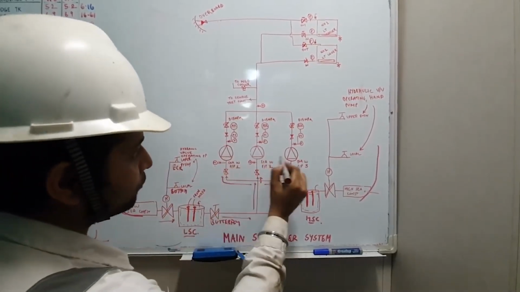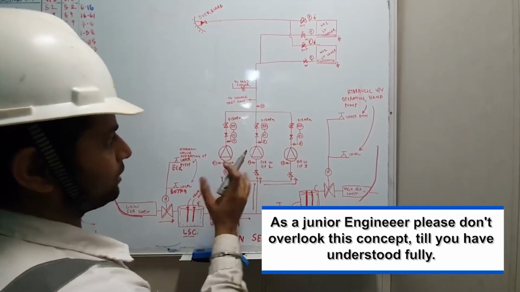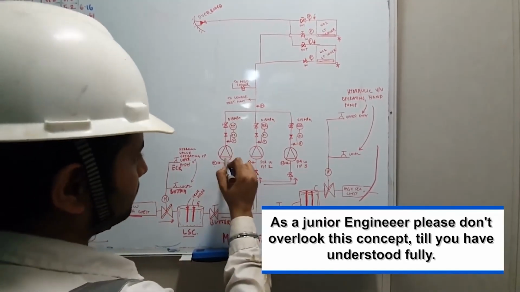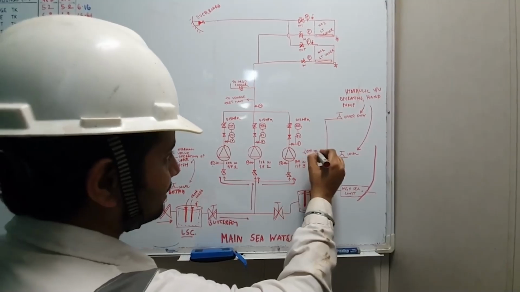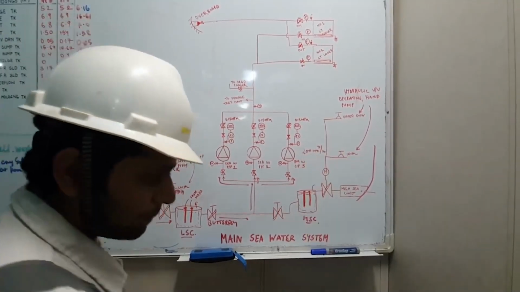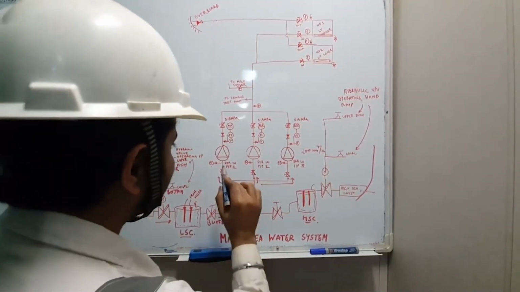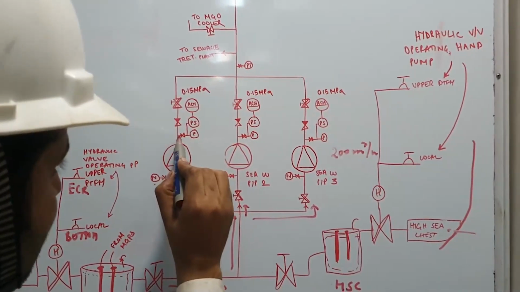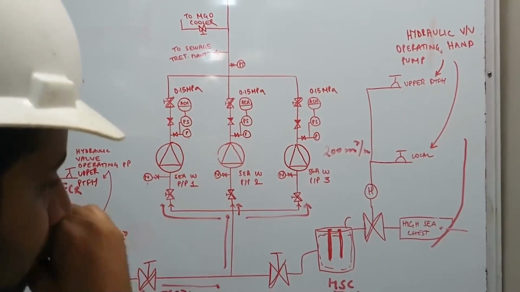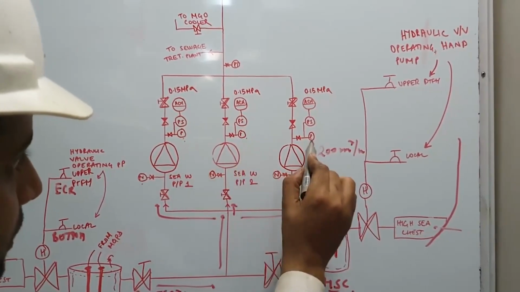Okay? So we have come over here. Now all these centrifugal pumps are running. These are the three main seawater pumps, each of 200 meter cube per hour capacity. And since it's pumping seawater, it's a centrifugal pump over here. Now see guys, over here again, on the discharge side, I've got a pressure gauge fitted over here, which can tell me the discharge pressure.